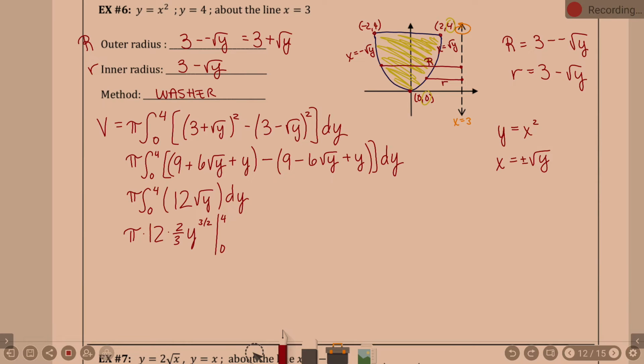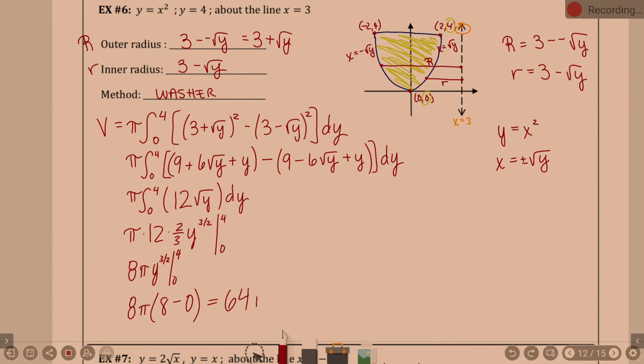So, what is that going to be? 8 pi. Officially, it is 8 pi times y to the 3/2 evaluated from 0 to 4. Well, what happens when I do 4 to the 3 halves? Square root of 4 is 2. 2 to the third is 8. Minus 0 if you want to be official. We end up with